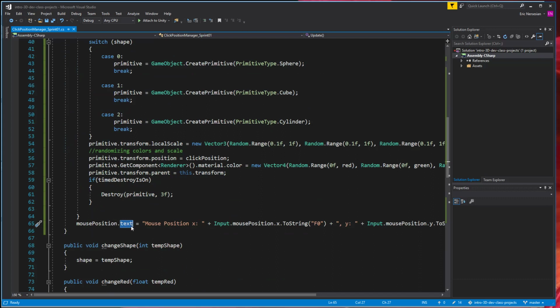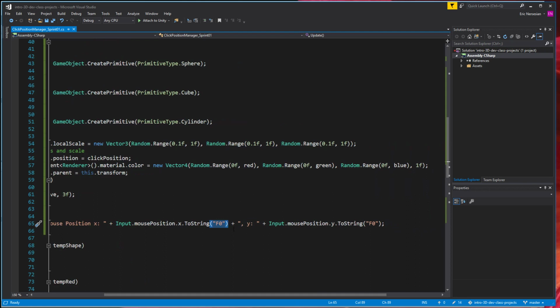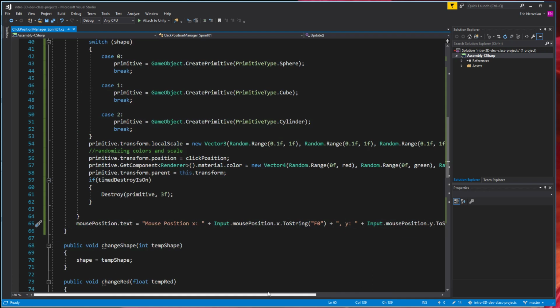So mouse position dot text equals, and I'm filling in some strings. I'm saying every update loop I want to fill out mouse position x colon space, feed me in the x position from my mouse input, and toString it, meaning I don't want the raw information. Use a toString. All these data variables have a toString method that helps you clean up the text version of it. And I'm saying truncate off the decimals. Give me just the integer side, and truncate off all this decimal side. Concatenating more string. Here's a little string saying comma. Give me the y. Then concatenate it with the mouse position dot y. Give me the toString. Truncate off the decimals. This whole thing